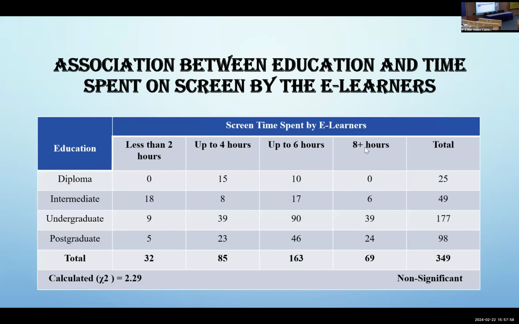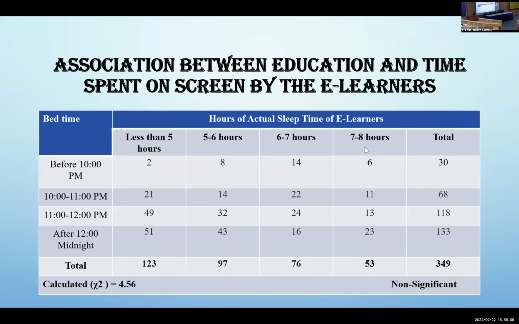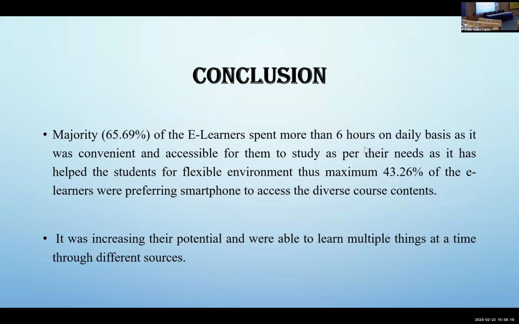Now, as we have applied the chi-square test, it was seen that there was no significant association between the education and the screen time spent by the e-learner. And it was also seen that hours of actual sleep had no association again with the bedtime. The conclusion here is that the majority, 65.69% of the e-learners, spent more than 6 hours on